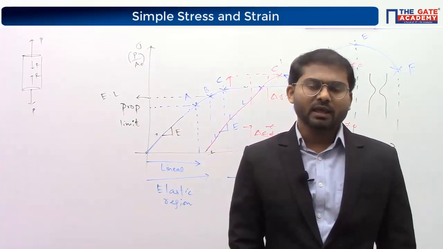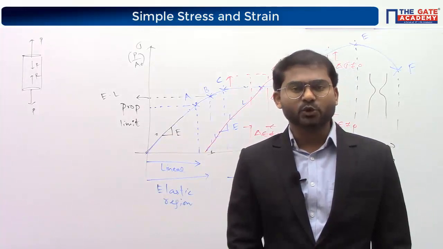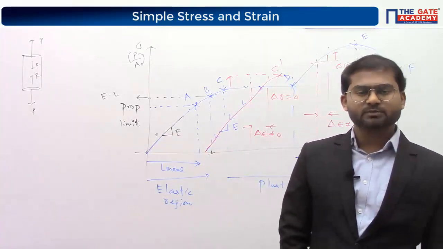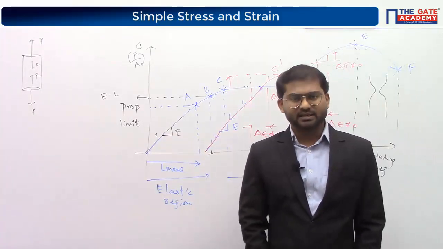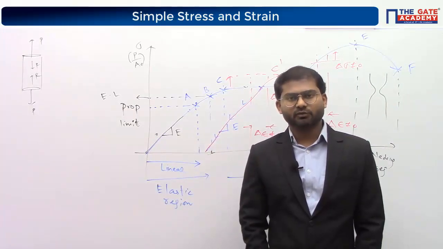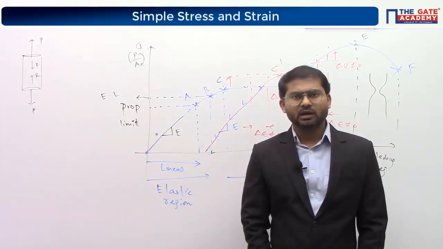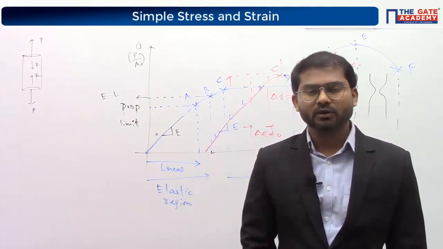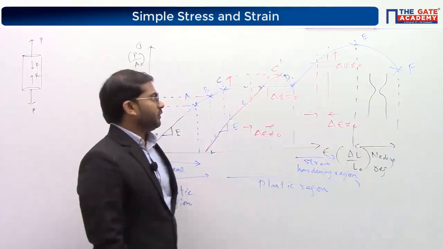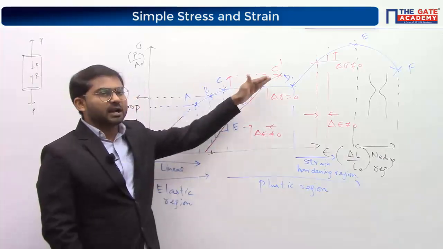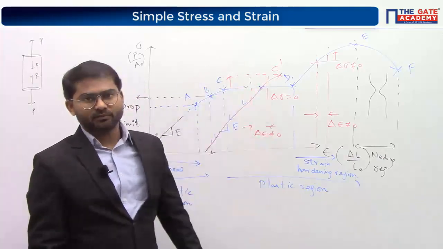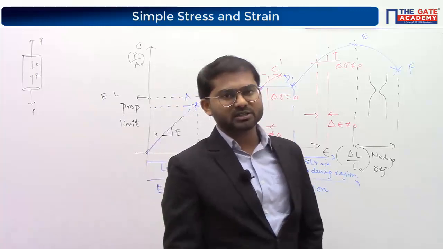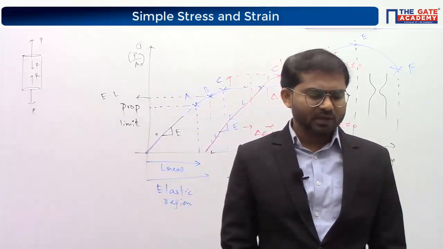That's the reason why materials are made to undergo plastic deformation or forming operations like rolling, forging, etc., before actual application of the load or actual usage in real life scenario. Understood? Because if you are loading up to plastic region and unloading, its strength is increasing. That's very much used in many applications, because that causes huge changes.